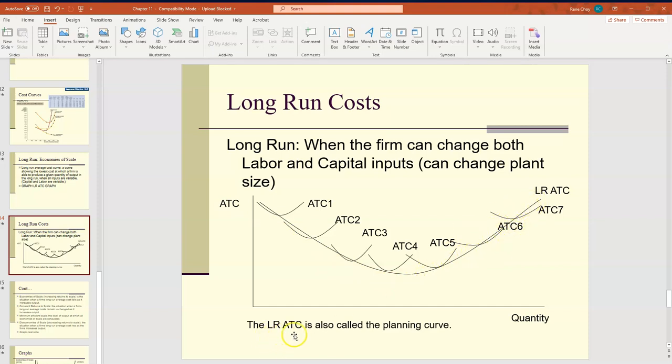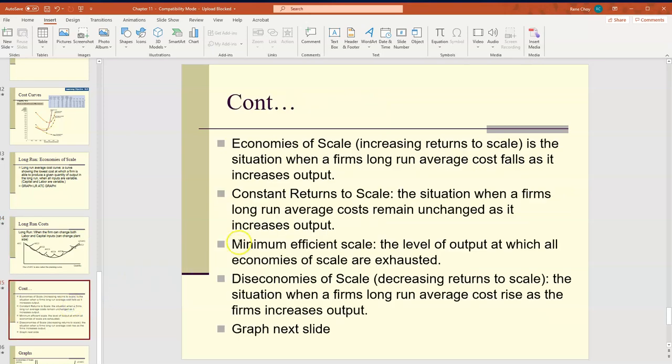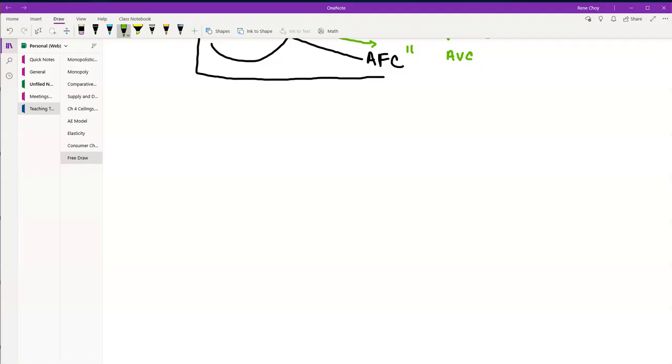So this long run average total cost line is what we like to call the planning curve. All right? So most companies experience economies of scale as they grow, and economies of scale,